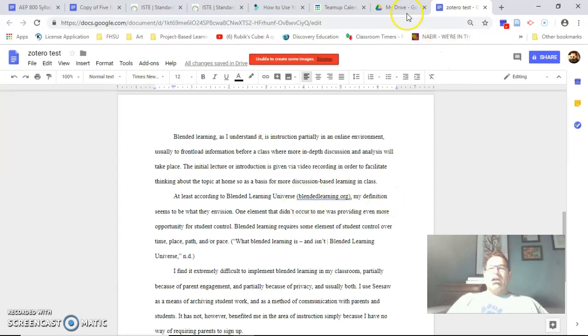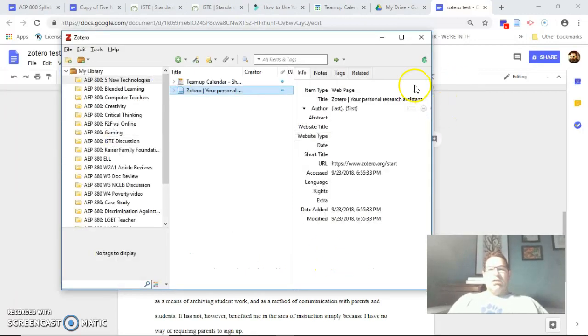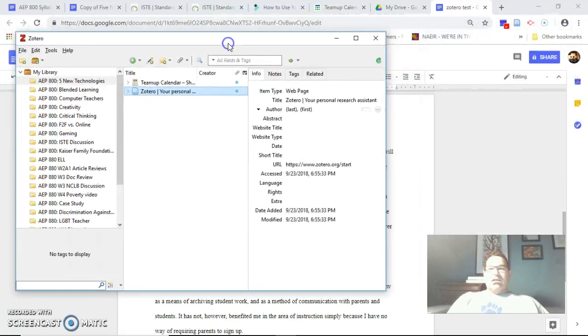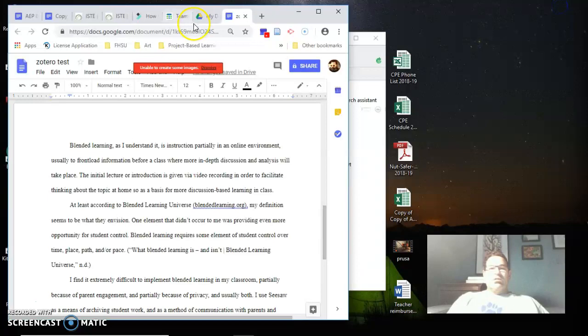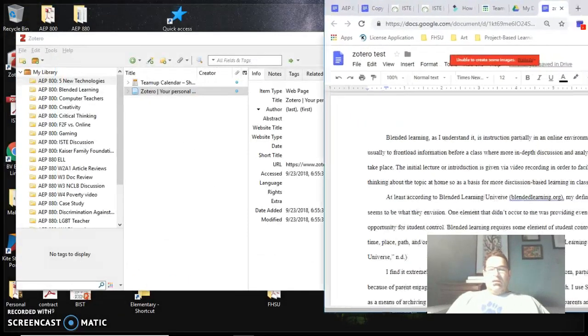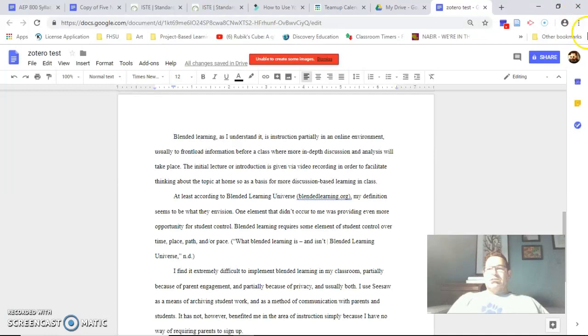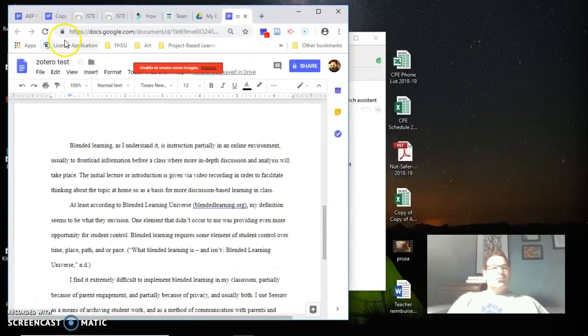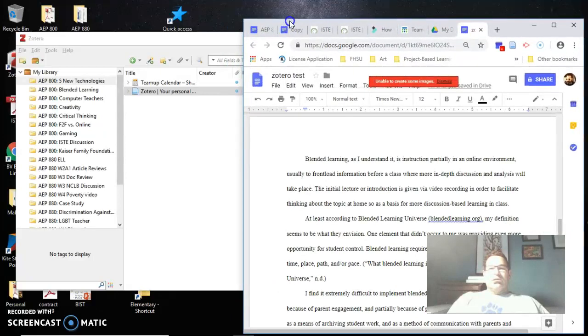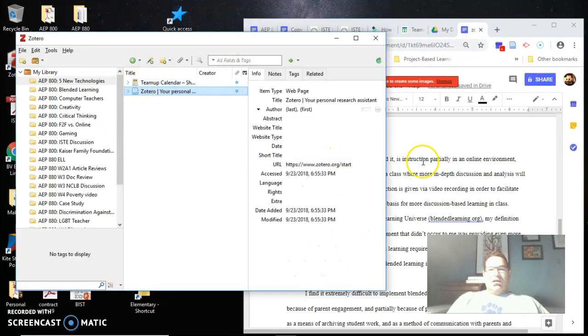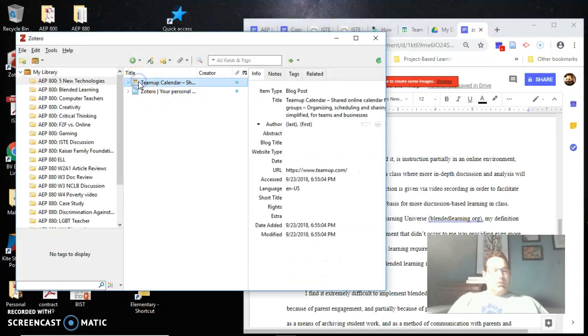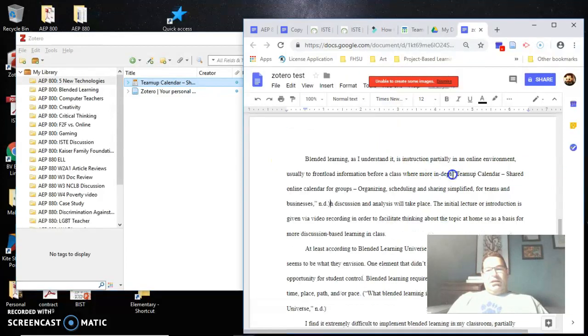But from here you'll notice there is no Zotero tab, so you have to go to the actual Zotero window, and it's as easy as this, guys. Let me move this over a little bit. If I want to add a citation for this, I'm going to click right here. I'm going to click on this. I'm going to shift and drag where I need it,